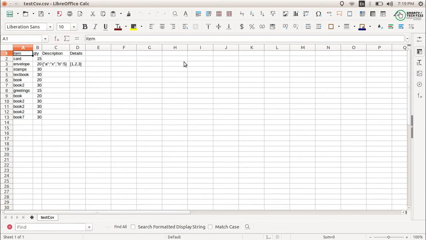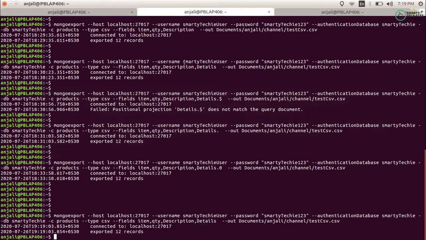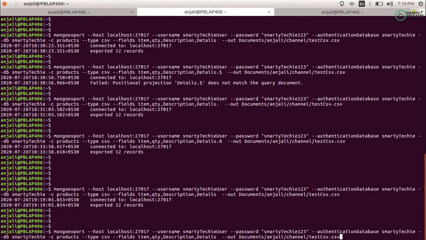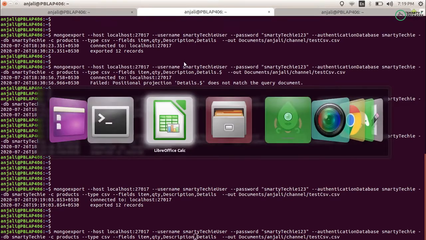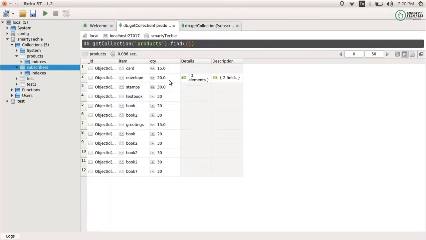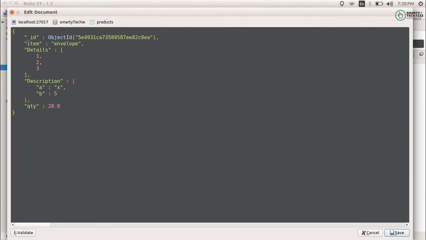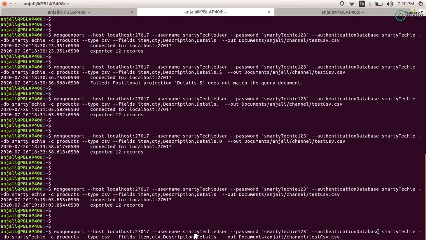So how will you get that? For this, if you have a data type of a map type like this, where for the description we have a map type with A and B as key value pairs, we will mention description dot A as our key, and again description dot B as another key.